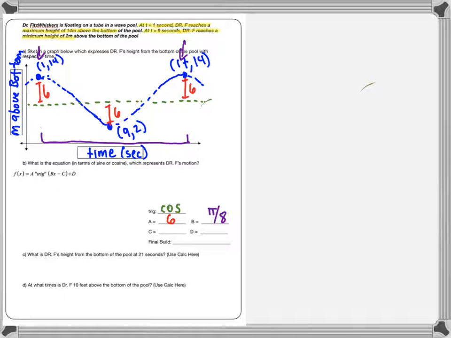Again, for C, just like when we were finding out what B was, we're given that information, or we can derive that information quickly by looking at the graph. If you look in your upper left-hand corner here, this distance is 1 away from the actual y-axis. And so that means the graph was shifted 1 unit to the